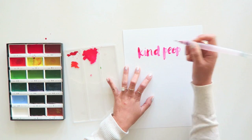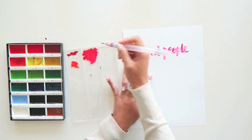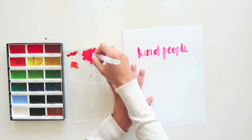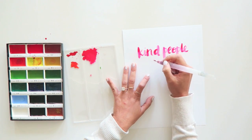I'm a true fan of practicing and messing up and making mistakes because that's how you actually learn. I think that this looks okay, but I mean, it could look better, so I might do this again. But let's see, kind people